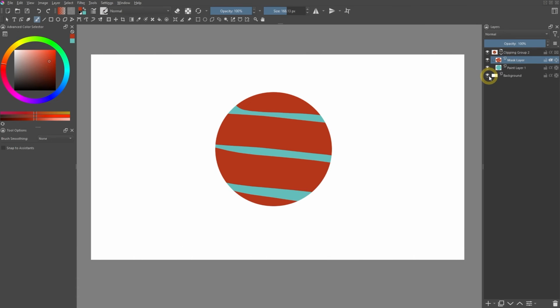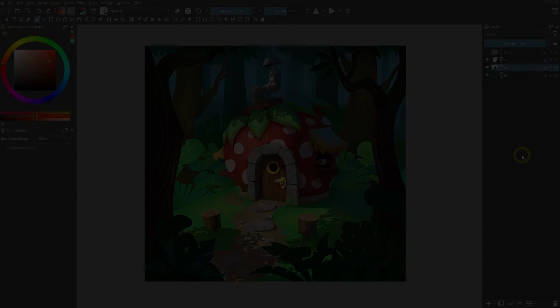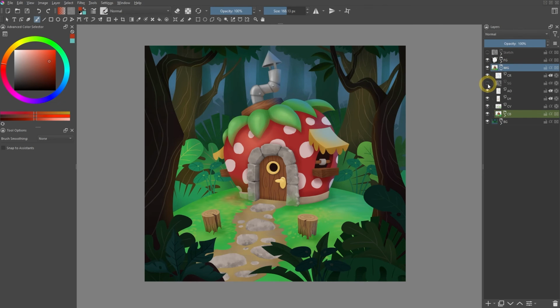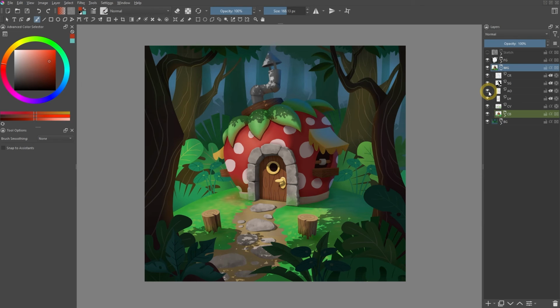We can make use of this behavior in making complex image composition. Just for example, this is an illustration project from one of my online courses. In this file, these layers, color reflection, global shadows, ambient occlusion, and so on, all seem to have a clipping mask effect, but they do not refer to just one layer, instead to these two layers. If we dig deeper, this layer is actually a group layer also, which contains two vector layers.